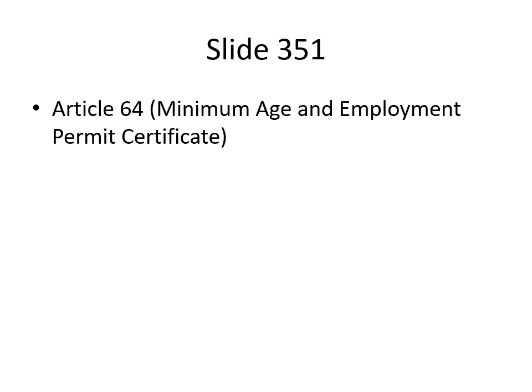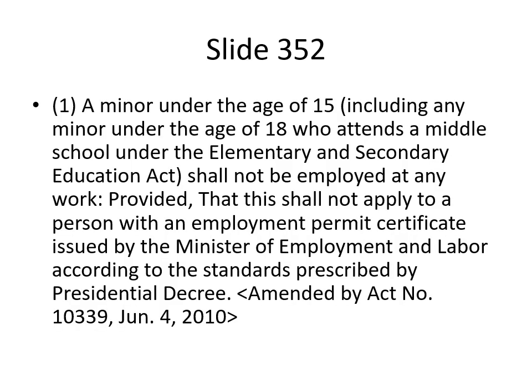Article 64. Minimum age and employment permit certificate. 1. A minor under the age of 15, including any minor under the age of 18 who attends a middle school under the Elementary and Secondary Education Act, shall not be employed at any work, provided that this shall not apply to a person with an employment permit certificate issued by the Minister of Employment and Labor according to the standards prescribed by Presidential Decree. <Amended by Act No. 10339, June 4,